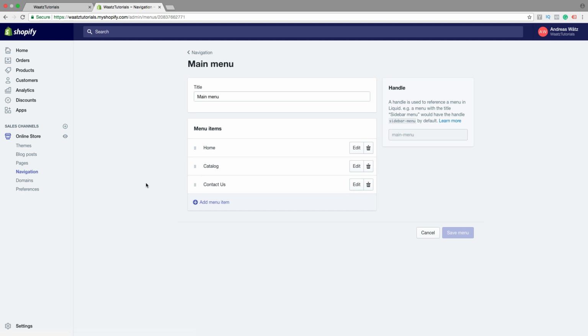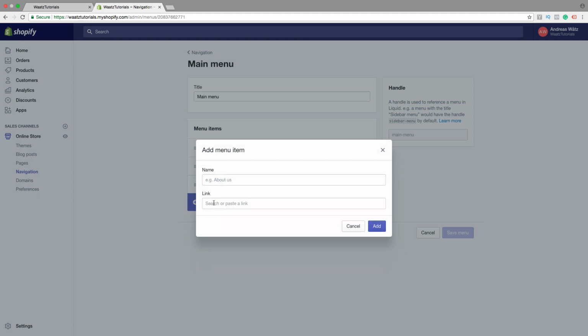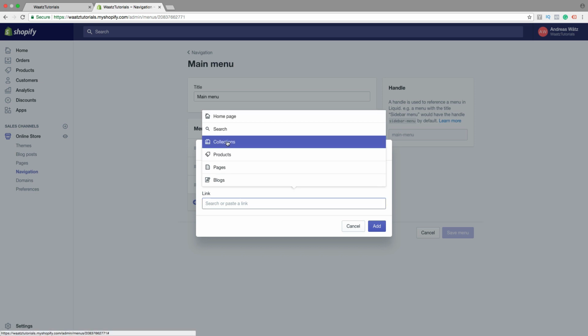Okay, so you can use collections, you can use pages, you can use products in your drop-down menu. So first we're gonna do this one, catalog. We're gonna add a collection and products under this collection. Alright, so to do this, just click on add menu item. You can just click right here, search or paste a link. Choose collections.